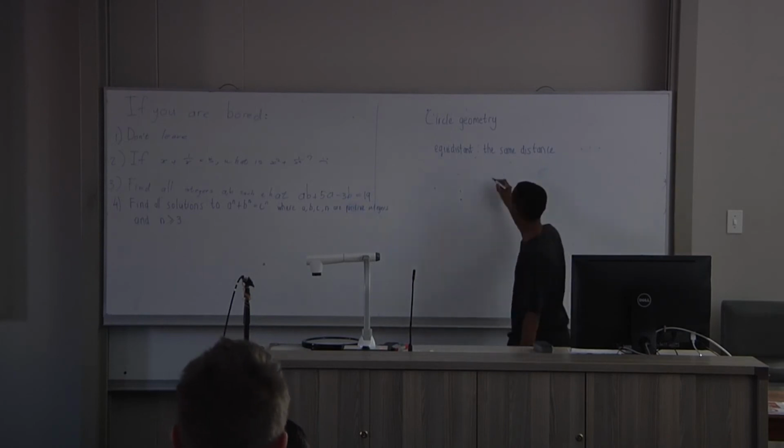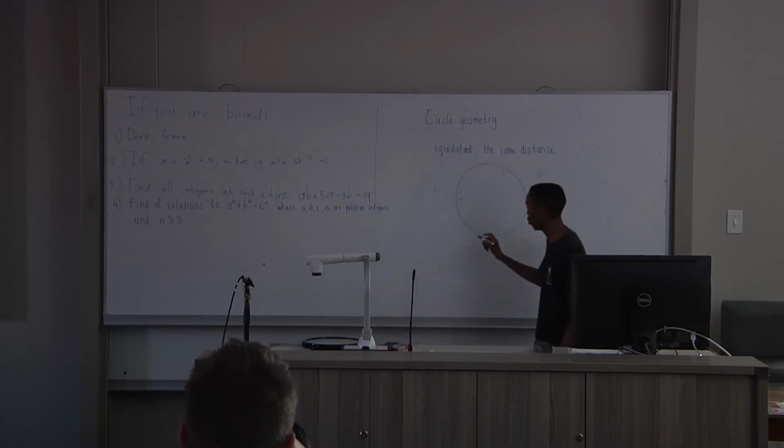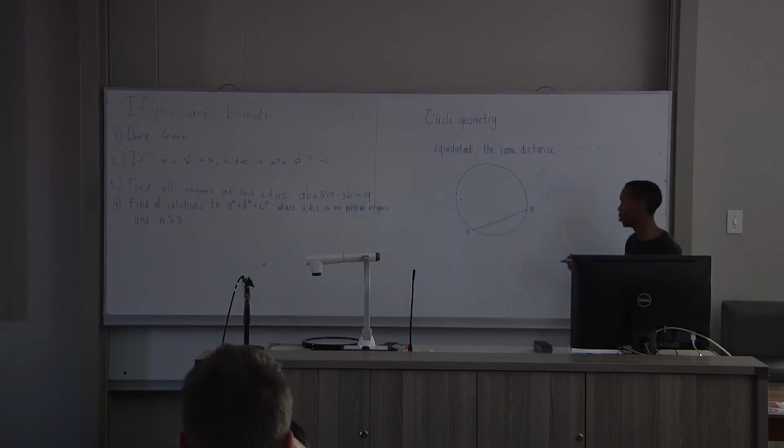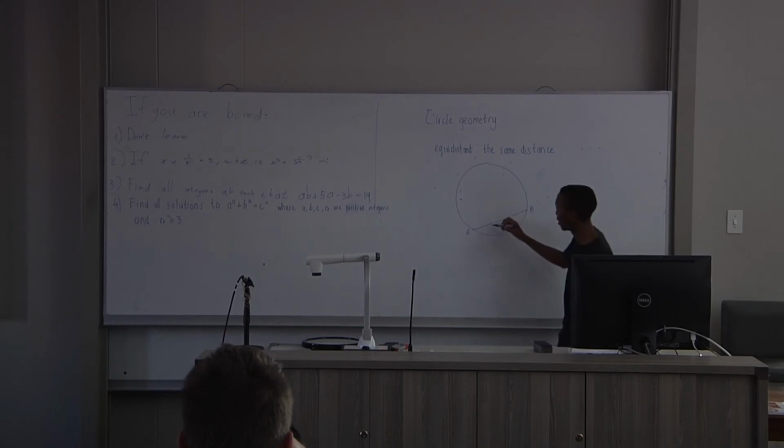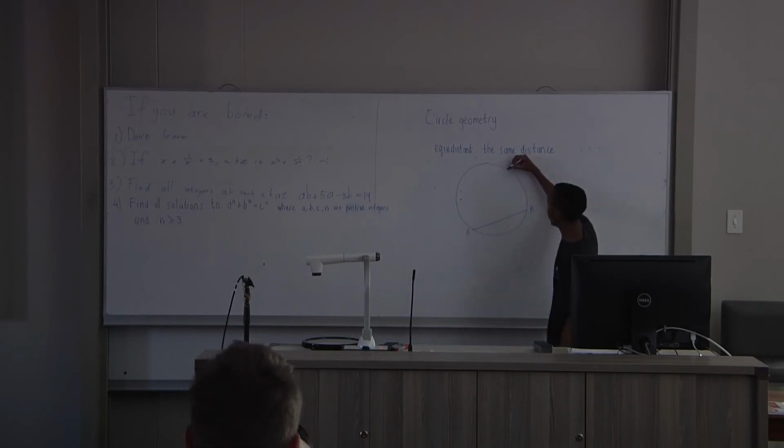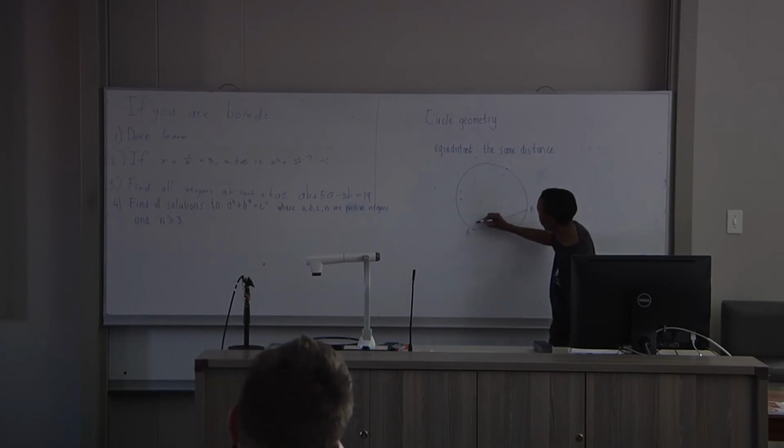So if you have a circle and you have some chord, some points A and B which you join to form a chord, then the first theorem which you'll be doing, and probably without proof, is the fact that if you subtend an angle, meaning if you fix these two, pick another point and draw the angle between these two, or